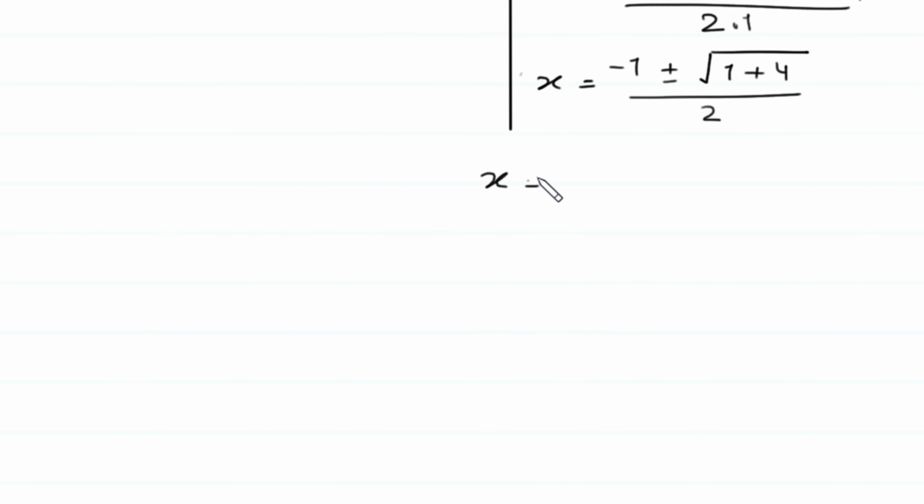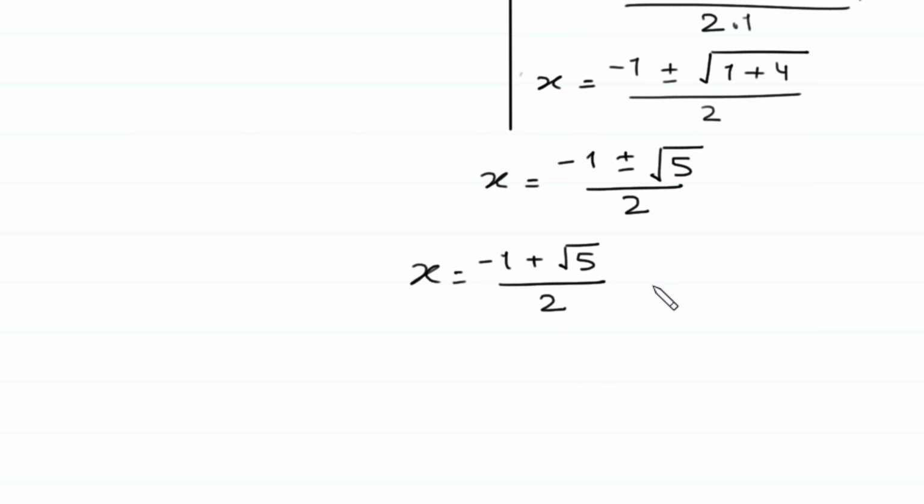Next, x is equal to minus 1 plus minus square root of 1 plus 4, 5 divided by 2. So from here we have two values of x. x is equal to minus 1 plus square root of 5 over 2, and x is equal to minus 1 minus square root of 5 over 2. This is the third value of x and this is the fourth value of x, and the other two values of x are